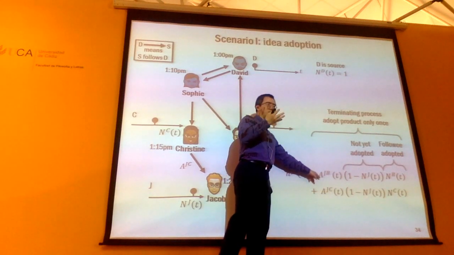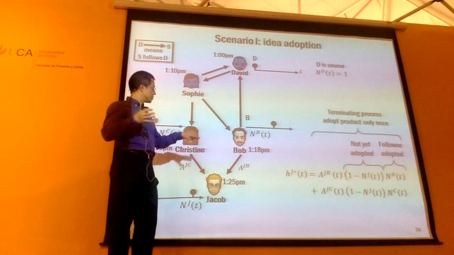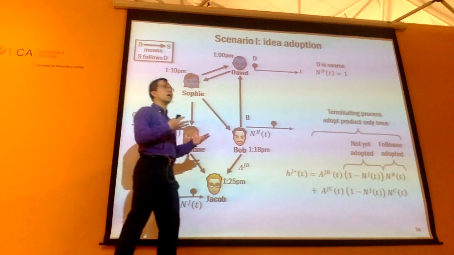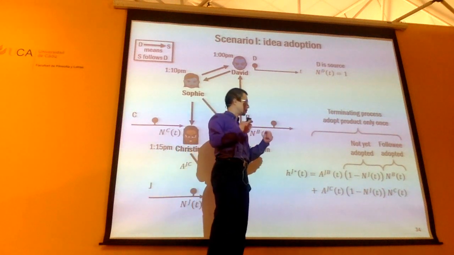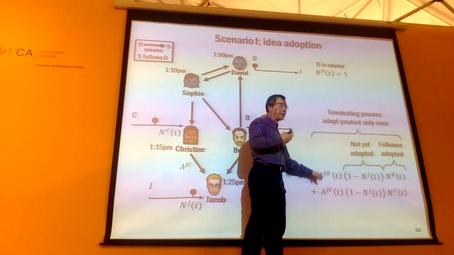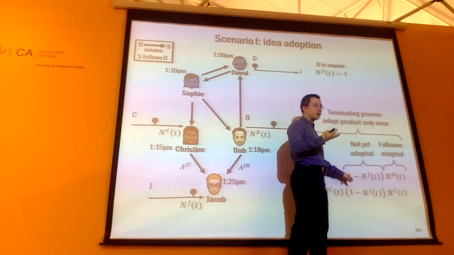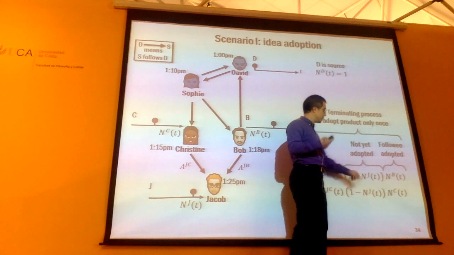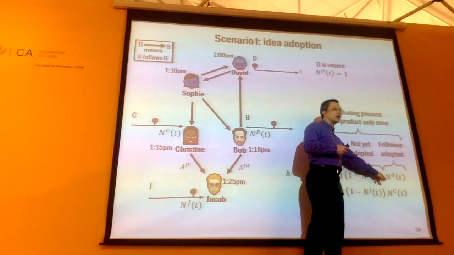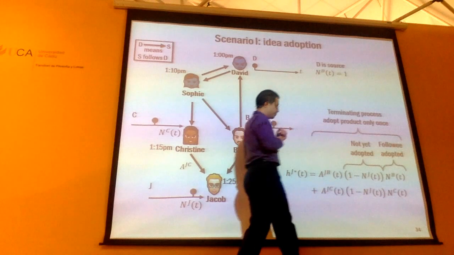This A is just like an adjacency matrix of the network, yeah? Because Bob and Christine are the parents of Jacob, the entry is 1. Otherwise, the entry in the adjacency matrix is 0, right? So you just aggregate, superimpose the influence from the parents. And then you're again also going to check whether Jacob has already adopted the idea or not, right? If he has already adopted the idea, you're going to zero out the intensity. And then you're also going to look at whether Bob has already adopted the idea or not, for instance, right? So just see whether the count is 1 or 0.